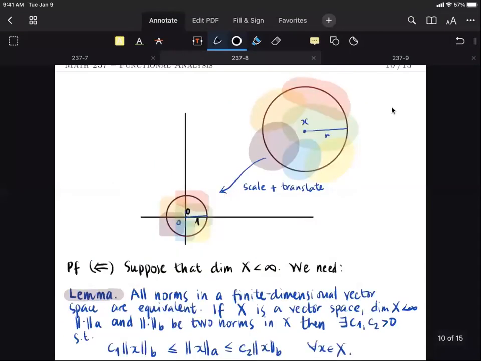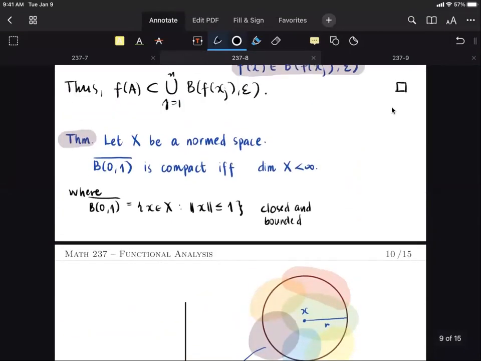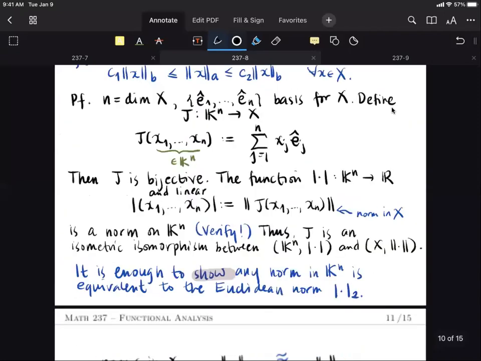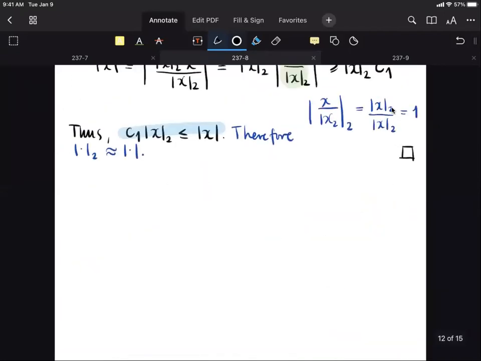So going back to the proof of this theorem, okay. So assuming that X is finite dimensional, we wish to show that the closed unit ball is compact. So let us continue the proof there. Observe that using the notation of the proof in the lemma,